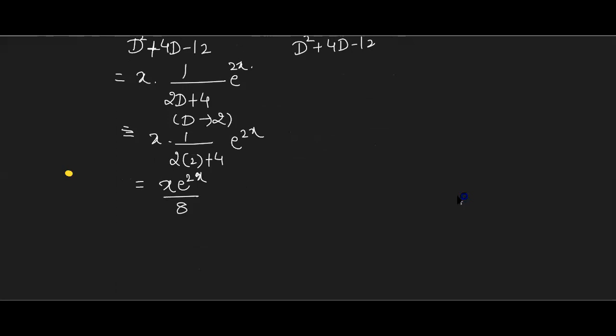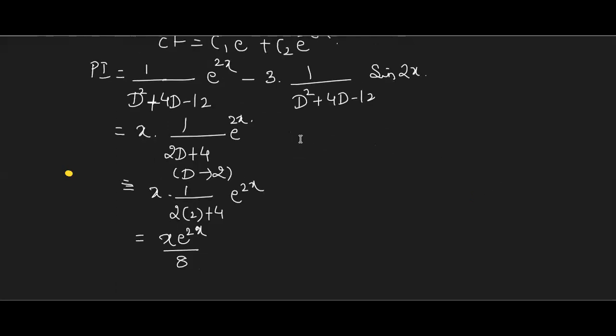Clear? So you may expect a question where there is no combination or maybe there is a combination, but you should be very clear. And what I've told, there were 5 cases for your syllabus. They have kept only 3 cases. So feel lucky. Now, come back to this second term. Second term, what is it? Sine 2x. It belongs to the second case, just now discussed. Am I right?